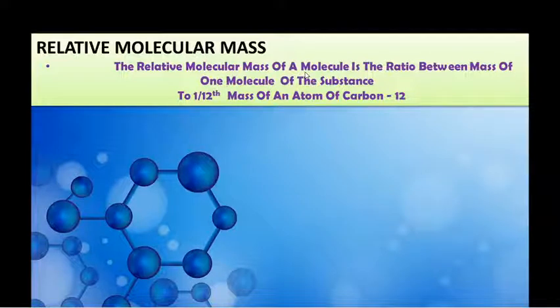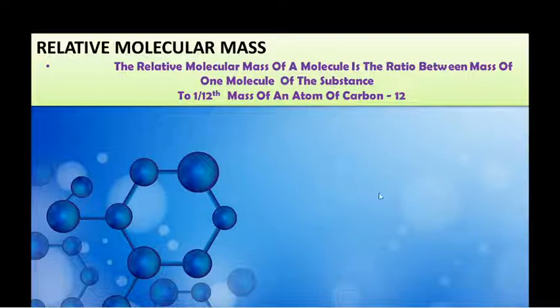So they explain that the relative molecular mass of a molecule is nothing but the ratio between the mass of one molecule of the substance to 1 by 12 the mass of an atom of carbon 12. The water bottle contains a full of water molecules. You just take 1 mole of that water molecule. So what is the formula of water? H2O, which is equal to 1 by 12 part of the mass of a carbon 12 atom,